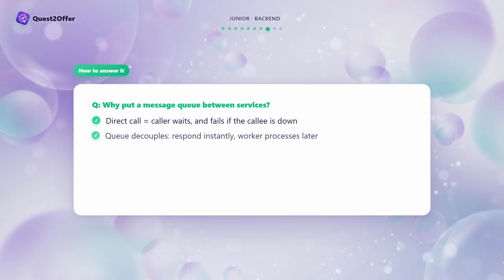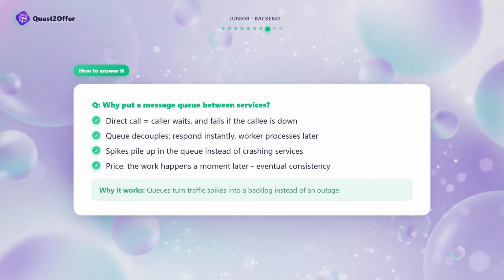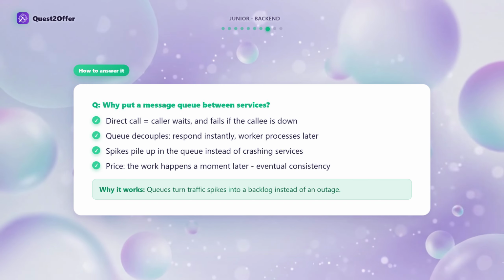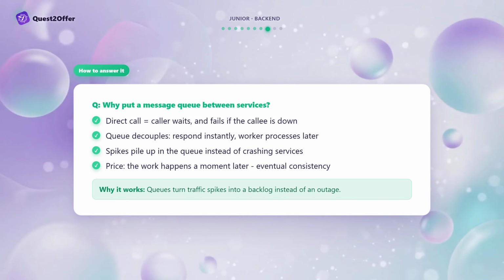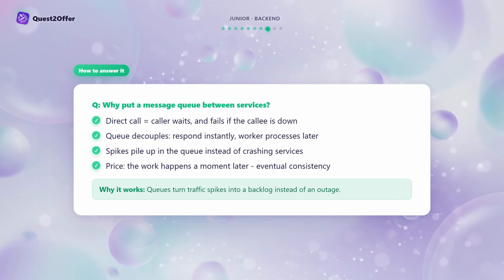A direct call means the caller waits and fails if the other service is down. A queue decouples them. You drop a message, respond to the user instantly, and a worker processes it when it